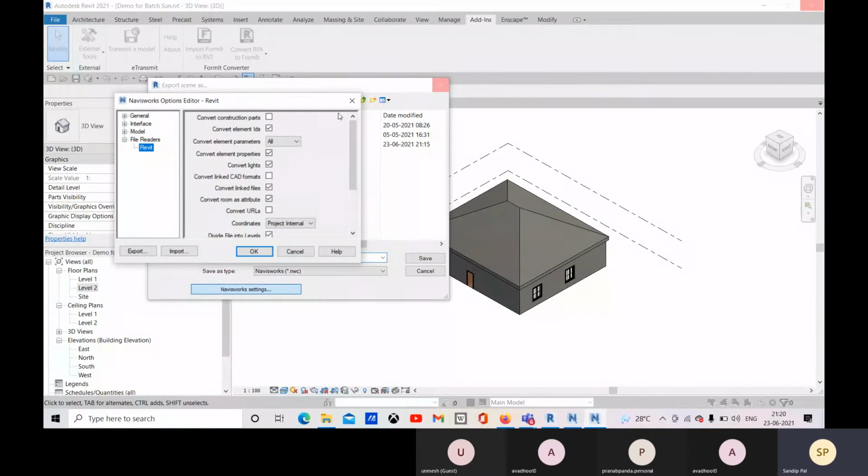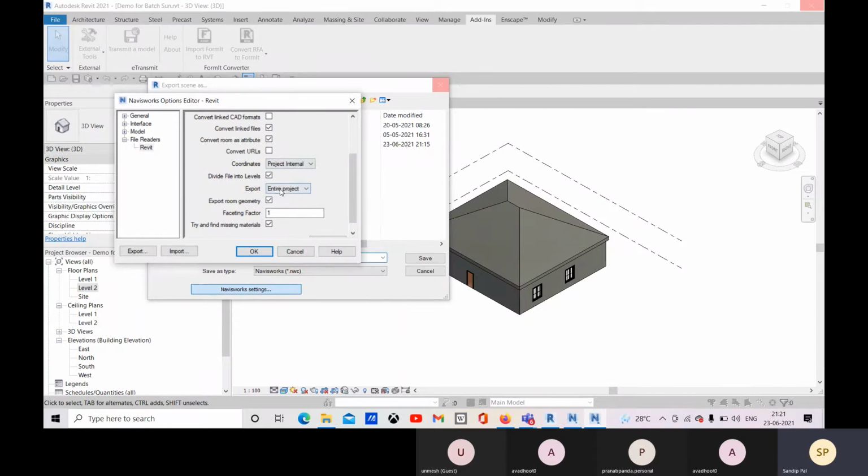If any linked files are there, like a Revit link file, CAD link file or point cloud link file, you can choose those link files to be converted also. And rooms, so these are the properties. Choose the convert coordinate option. So choose the right coordinate, and if you want to divide the file into levels, it's the right option to choose. As per the levels, you will get all the components, so it will be easier for you to understand.